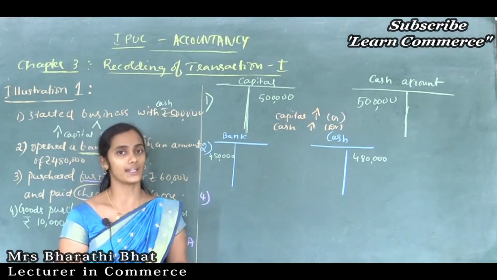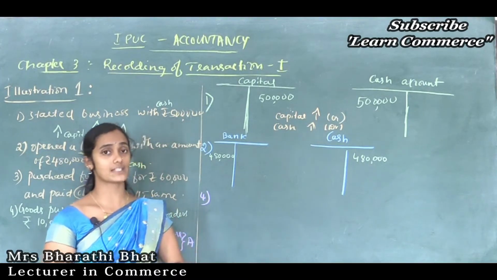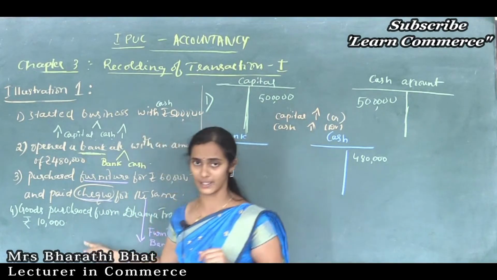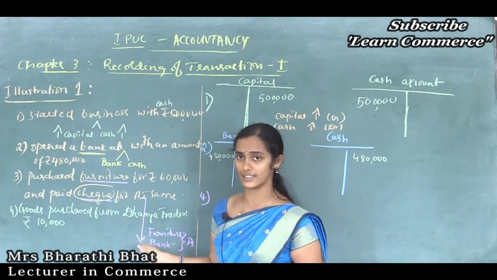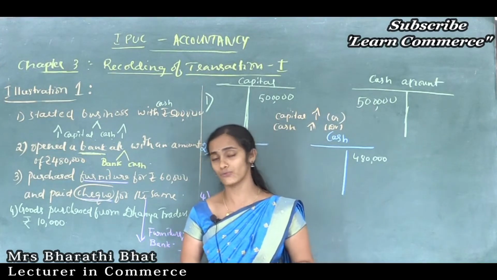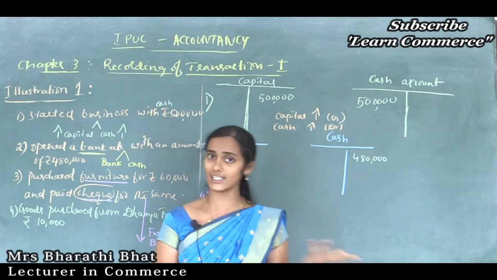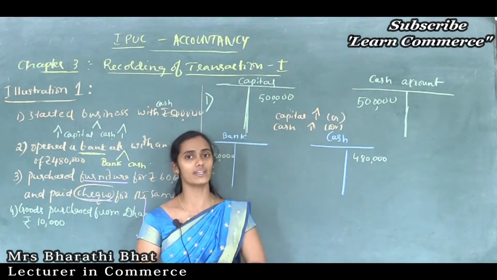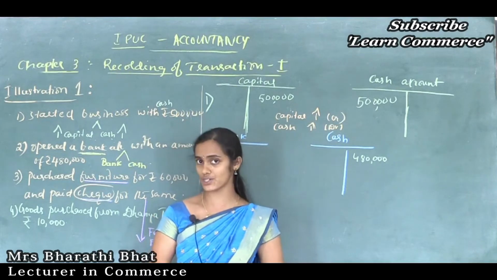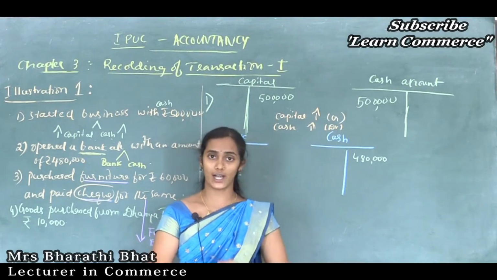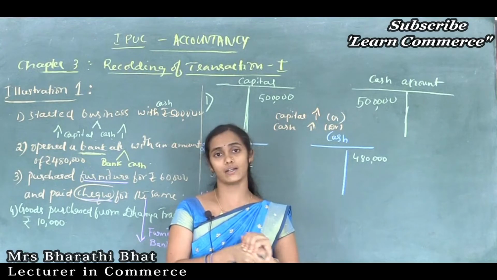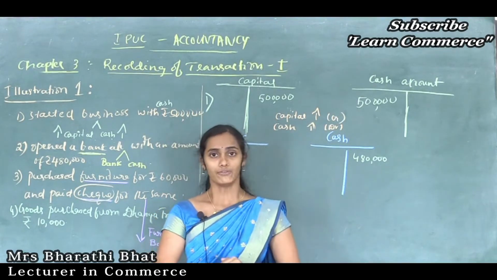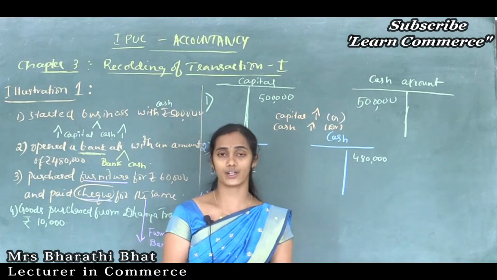What is that? Credit transaction. Say for example, if the sentence continues, taking this same example, goods purchased from Dhanya Traders for cash for rupees 10,000, then it is a cash transaction. If cash is mentioned in the transaction, then only we can consider that transaction a cash transaction. Or else, if the transaction is just mentioned as goods purchased from Mr. Ram, then we should consider that transaction a credit transaction.